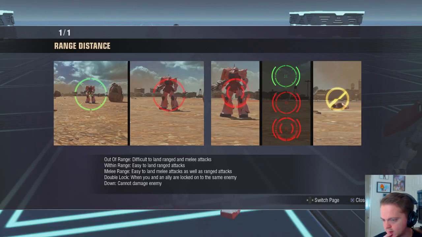I see, so you've got double lock. When you and an ally are locked onto the same enemy, down cannot damage an enemy. Okay, okay. So green...